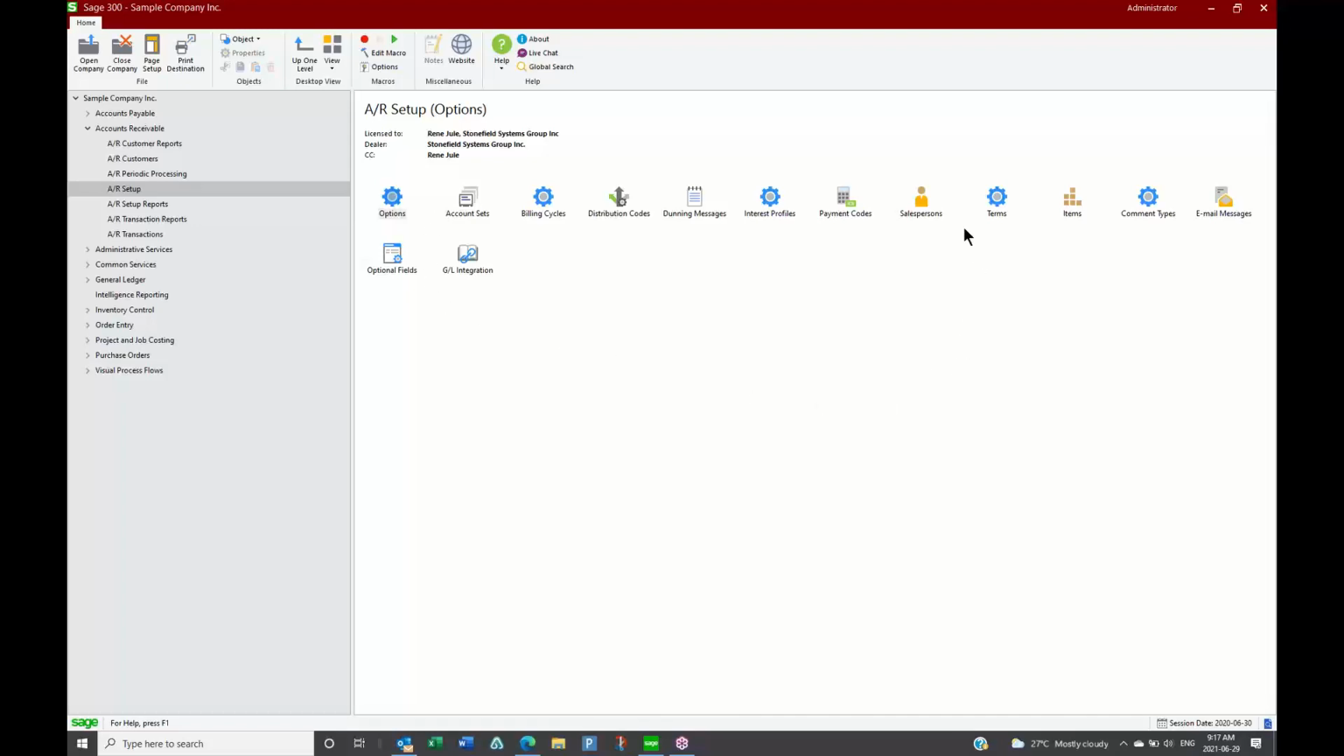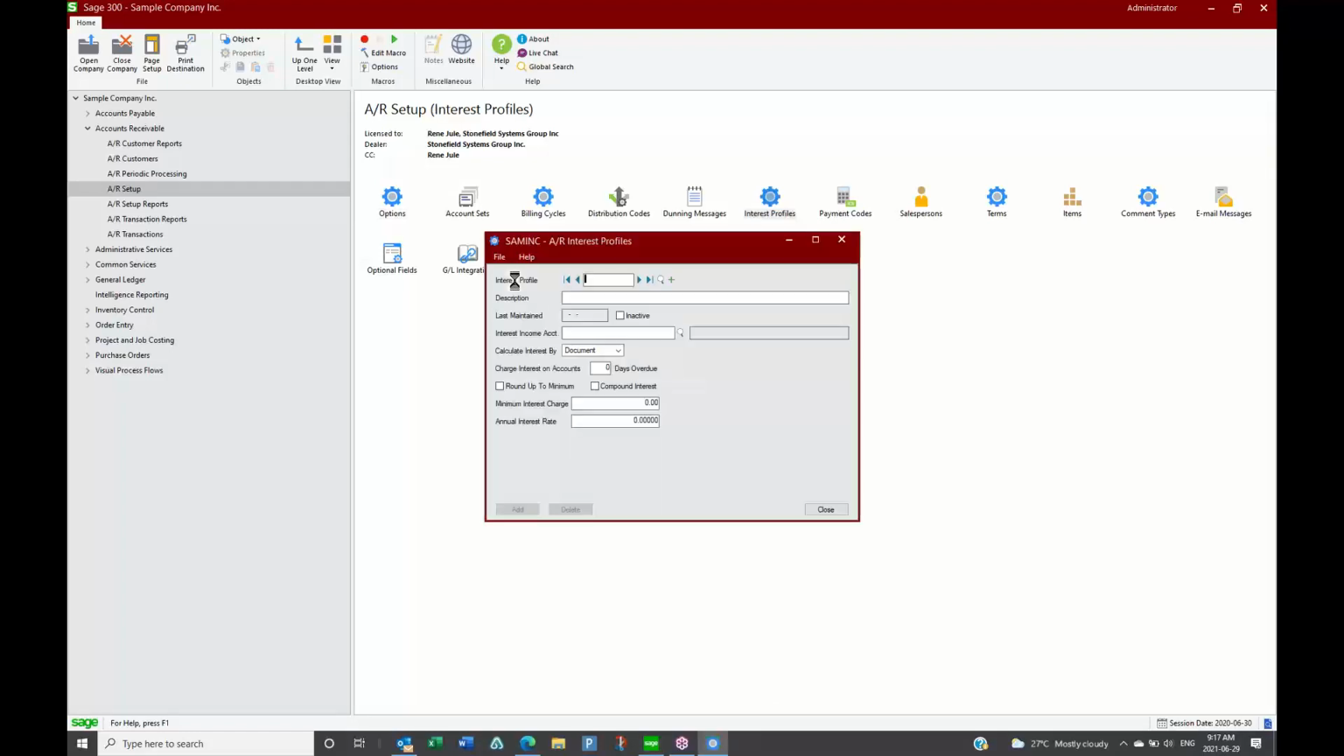Now, one of the other ones, or a couple of the other ones we'll want to make note of, is these interest profiles. So if you charge your customers interest on overdue accounts, here's where you'd set that up. Now, that's not very common that people charge interest anymore, but here's where you'd set up the interest rate, the minimum amounts, etc. So that's something under periodic processing where you can go in and, oh, I'm sorry, didn't turn